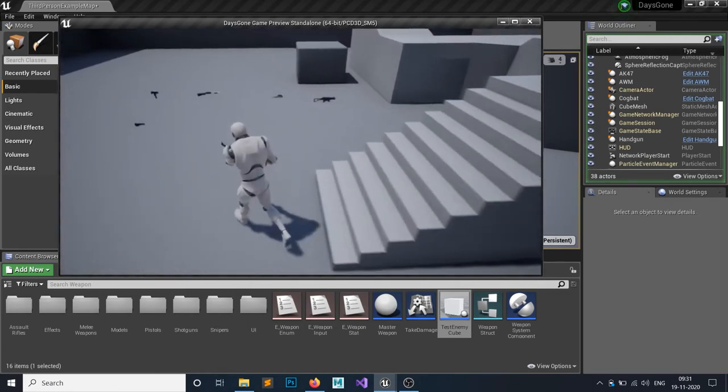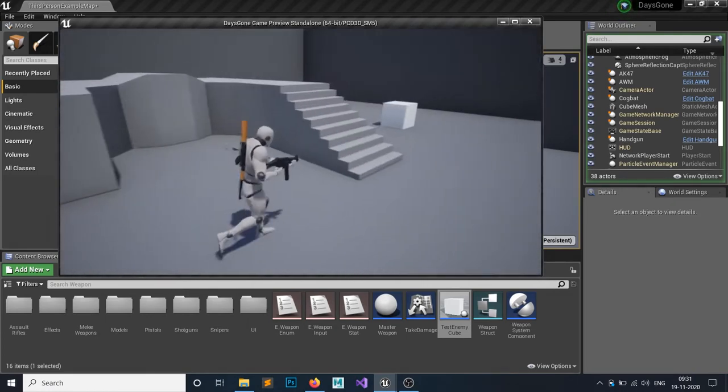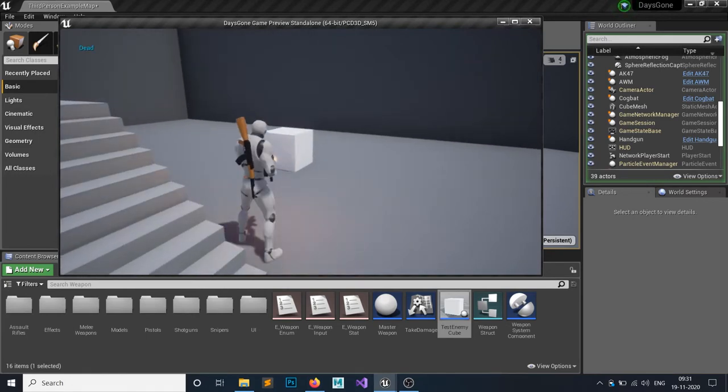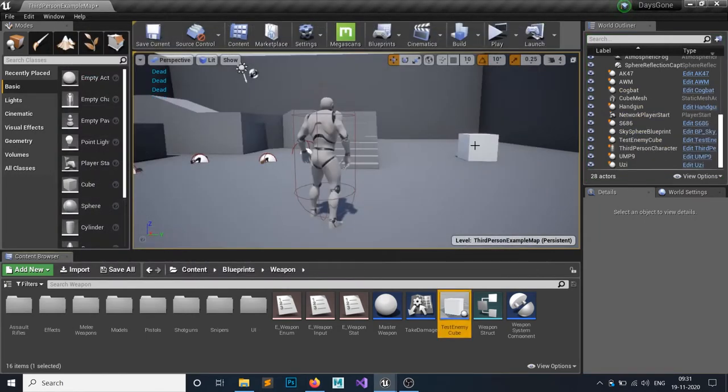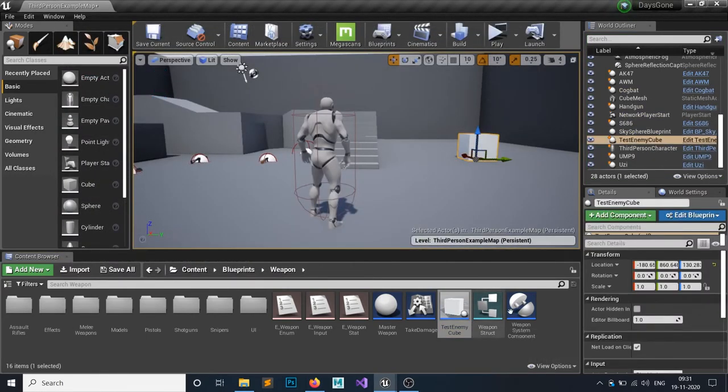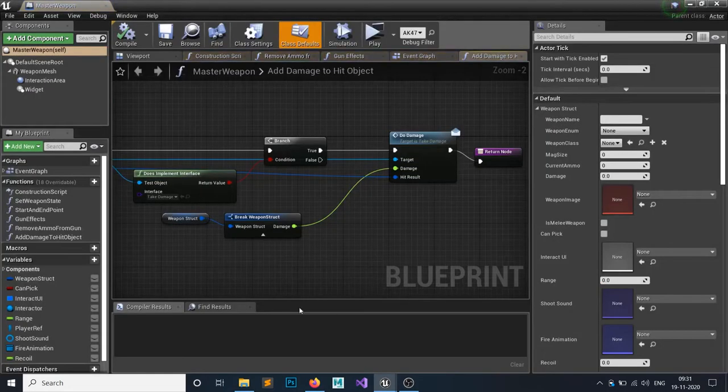You can call it with any gun. So this is what the cube does. The second one, in the master object,